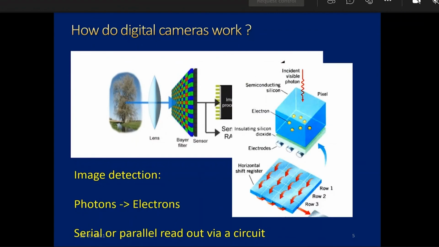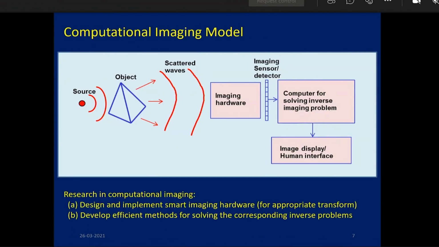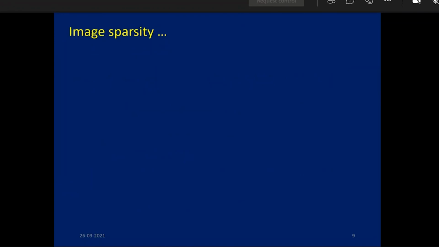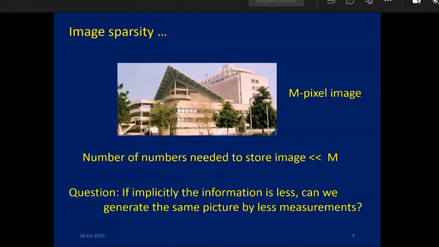But that's not a very smart idea, because I just showed you that for interesting images that have some structure, the information is implicitly much less. And so if we can acquire these images with far fewer measurements, then